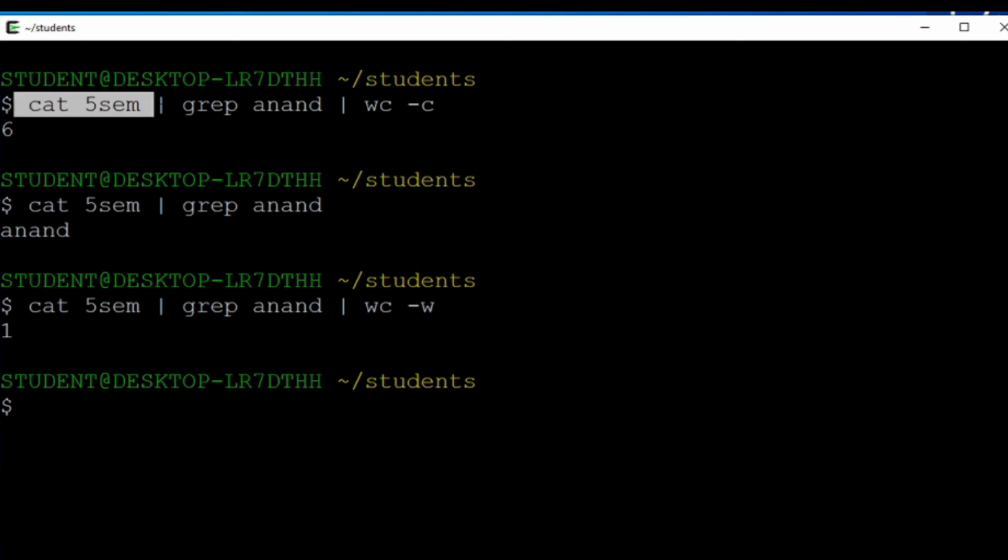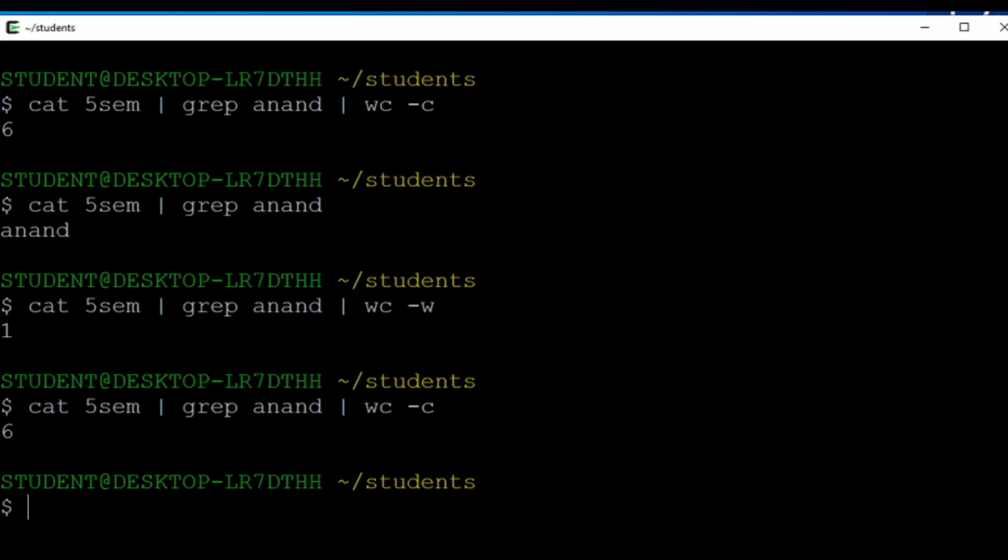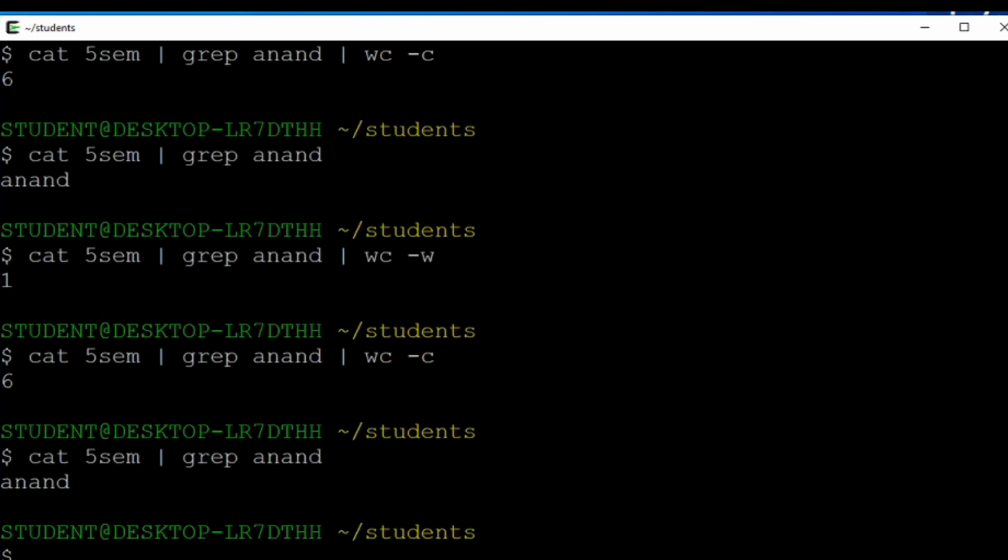You can see the same thing in the output. In my previous command, when I typed wc -c, that is the character count, you must have seen that the count is more than the characters present in the given string. So there is a difference.